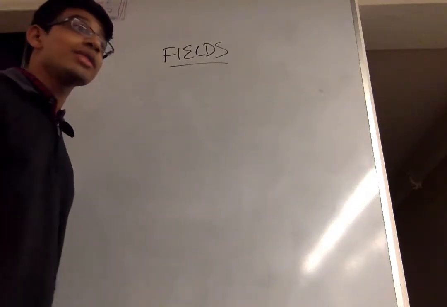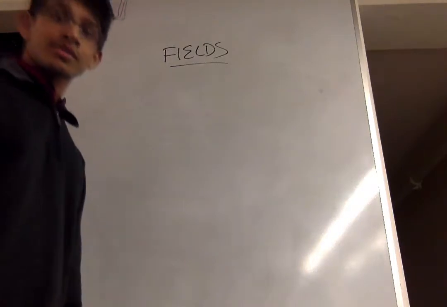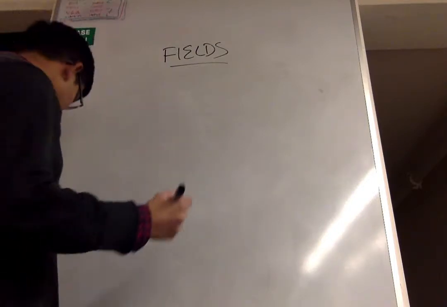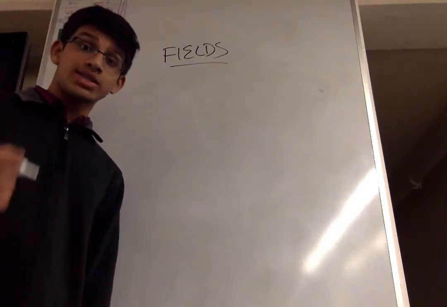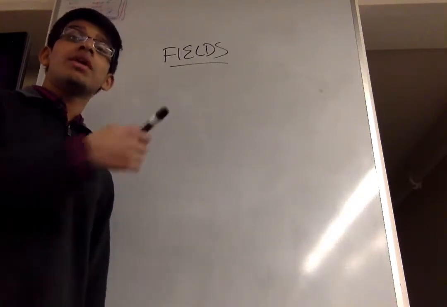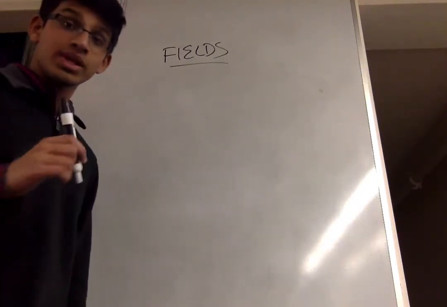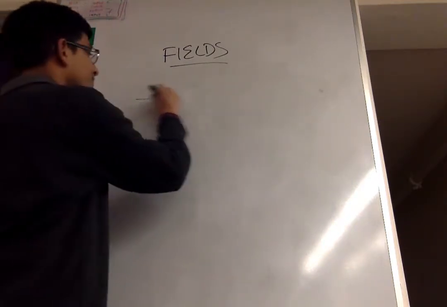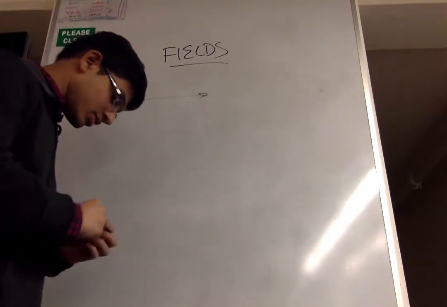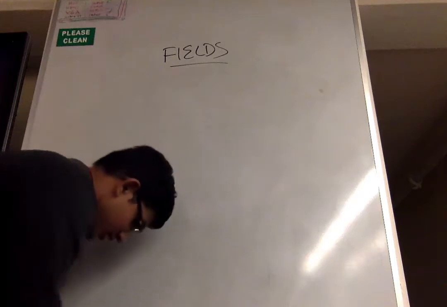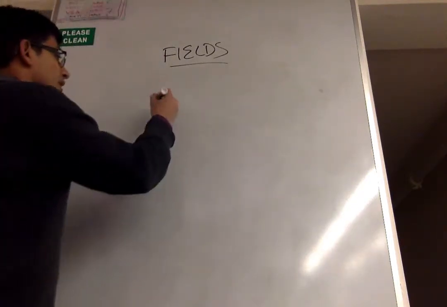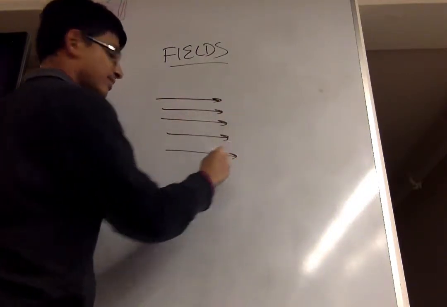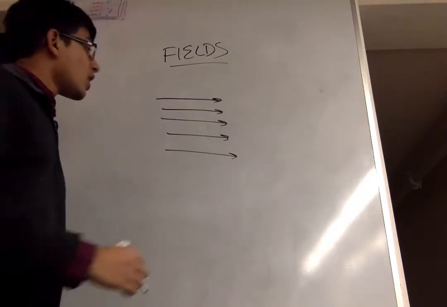So I'll now run you through some of the formulas for finding the force exerted on a charged particle. A lot of times we will assume constant B fields, but if we don't, then I'll show you how to work out those problems as well. You'll need to know how to do integrals. So the first formula is, suppose you have a uniform B field going in this direction, and you have a charged particle